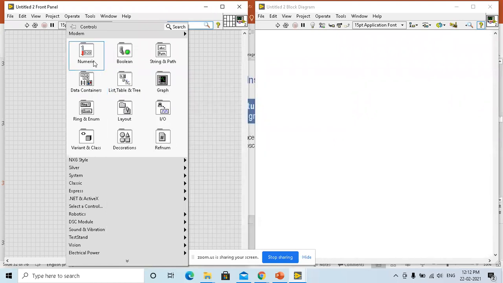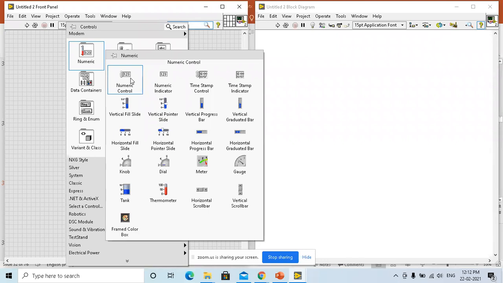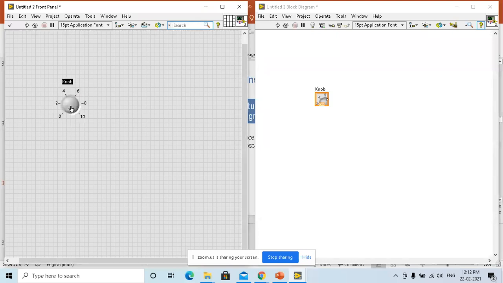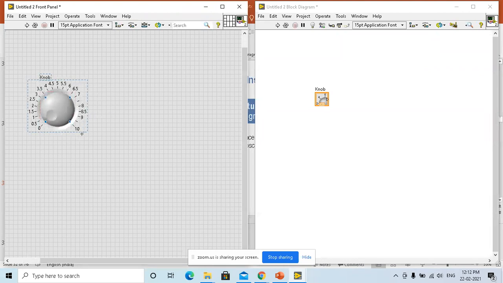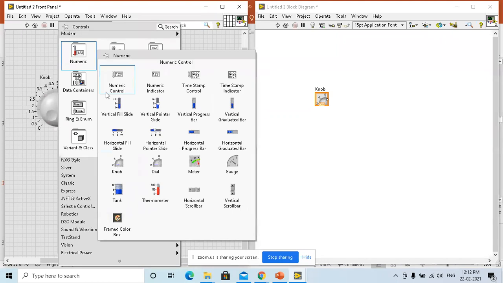So for numeric, we have a numeric control. You can also have a knob as an input. Virtual instruments means it's totally virtual in nature. I can resize it, modify it any way I like, and have as many controls and indicators as I need.